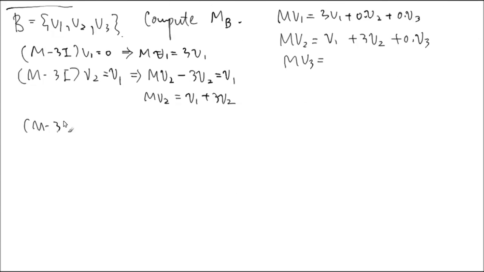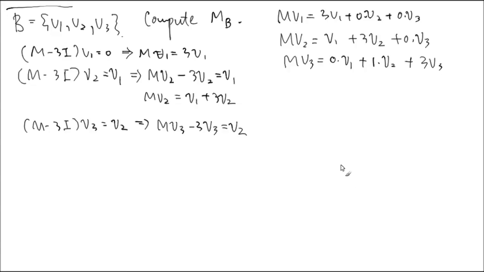M minus 3I. V3 is going to go to V2. Remember, that's how we found this V3. It's going to be, M minus 3I applied to V3 is equal to V2. Right? So what is MV3? 0V1, 1V2 plus 3V3, right? Now, I know what happens to V1, V2, V3 when I hit it with M,